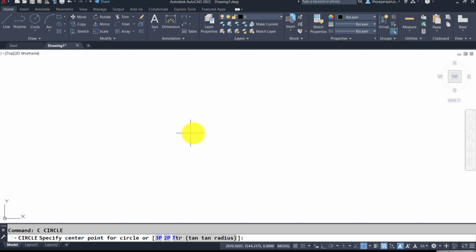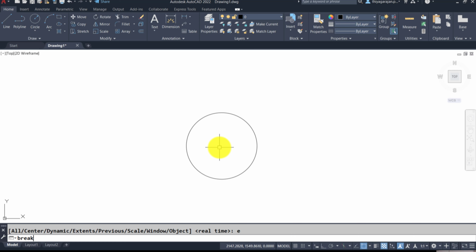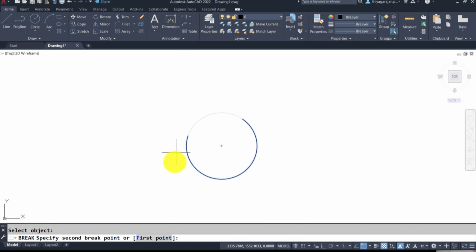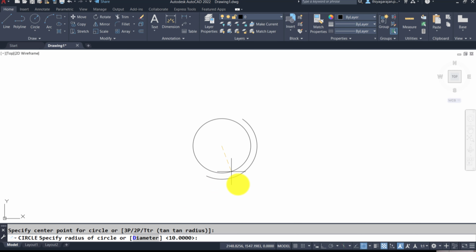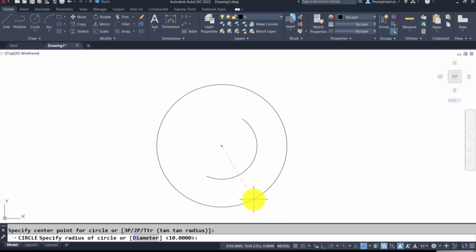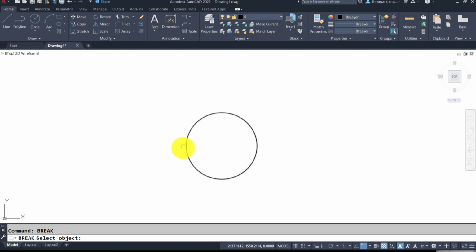Similarly, I'm going to draw a circle of radius 10 and use break, point 1 and point 2. Again, one more circle of radius 10, break. Now these are two pieces. I'm going to join them with the join command. I give the first point and second point, so it is joining.